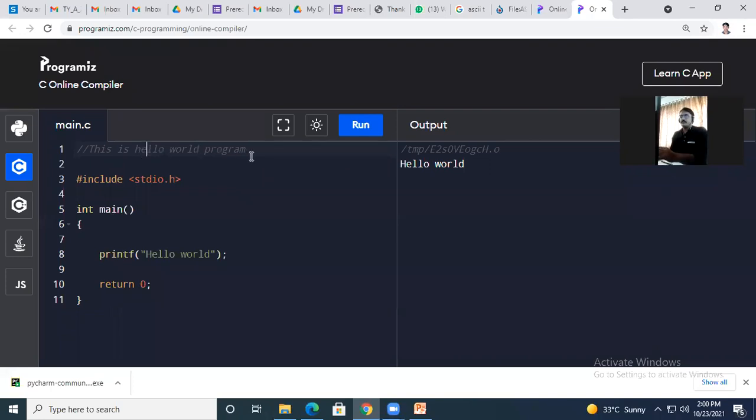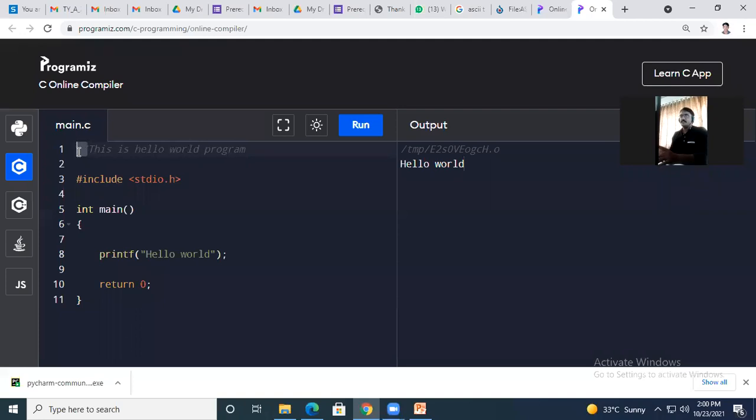Now here I mentioned 2 slashes. These are forward slashes. In C programming, if you give 2 forward slashes to any line, it is a single line comment. When I run the program, again I will find the same output, but I have mentioned a comment.